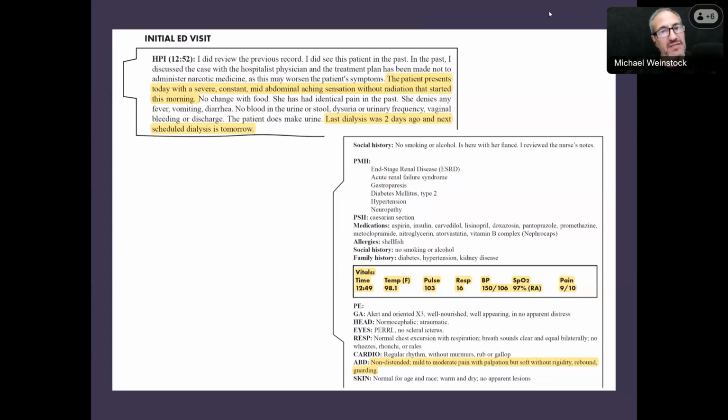So, Greg, let's move to you, obviously EM and pulmonary critical care. How would you start the workup for this patient? It's a patient with abdominal pain. She said it's identical to what she's had in the past. It's mid-abdominal pain. What labs would you order? Would you go for imaging, or are you going to trust a little bit more your clinical exam?